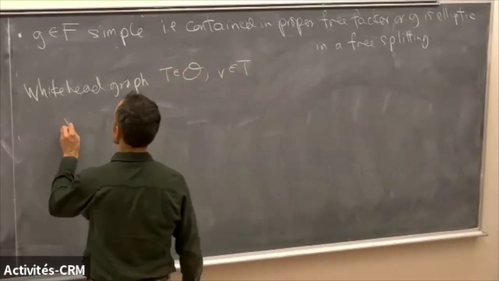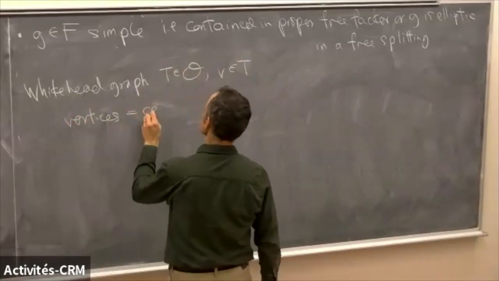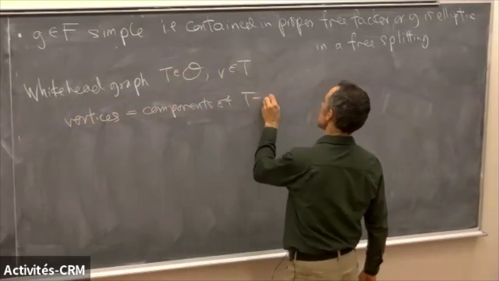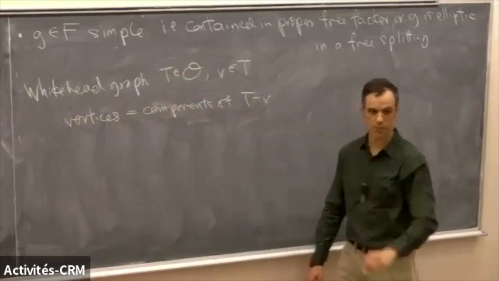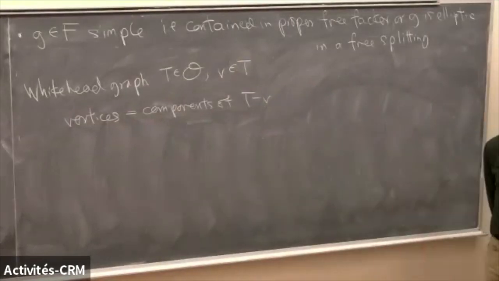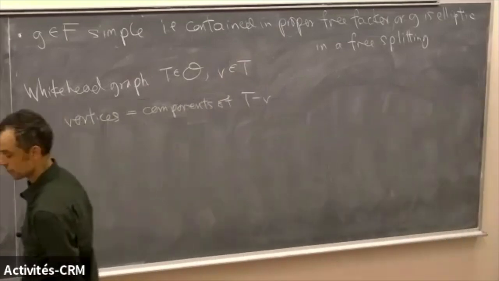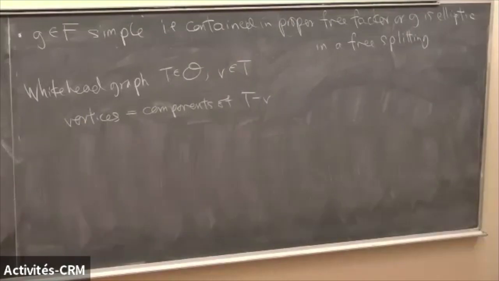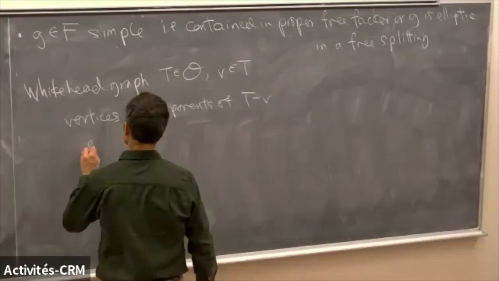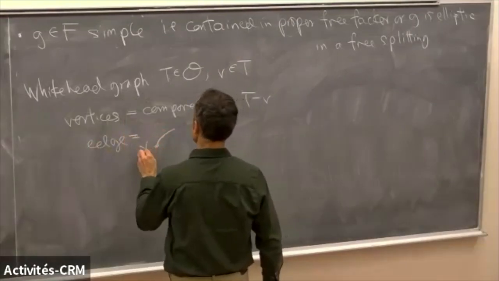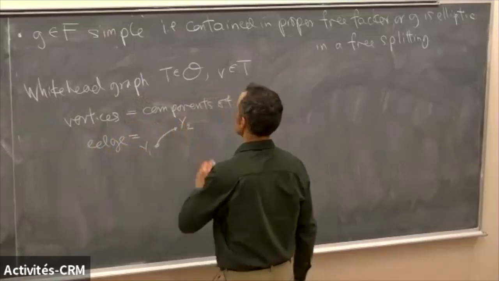It'll be the graph where the vertices correspond to the components of the complement of that vertex. So you remove that vertex from your tree, you have some components, and those components are going to be the vertices. And when do you connect two of them by an edge? I connect two components, say y1 and y2, by an edge